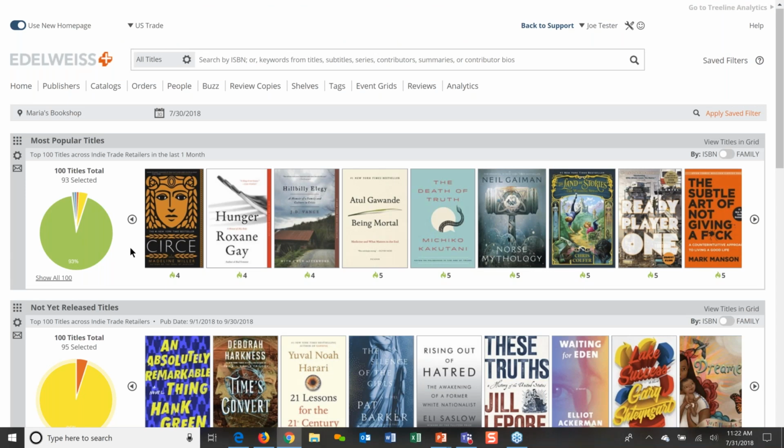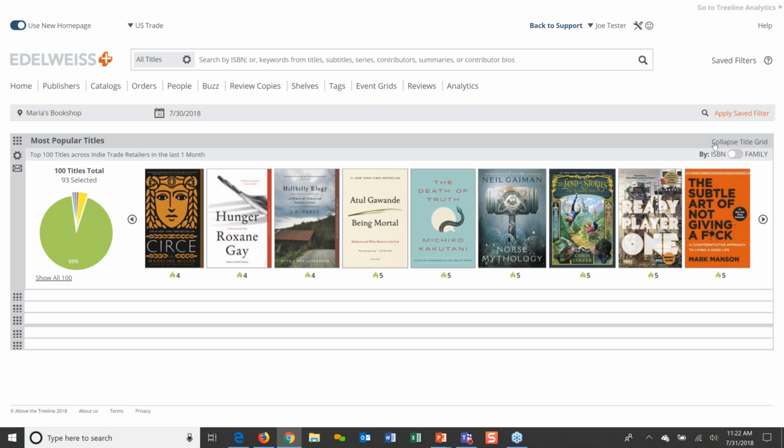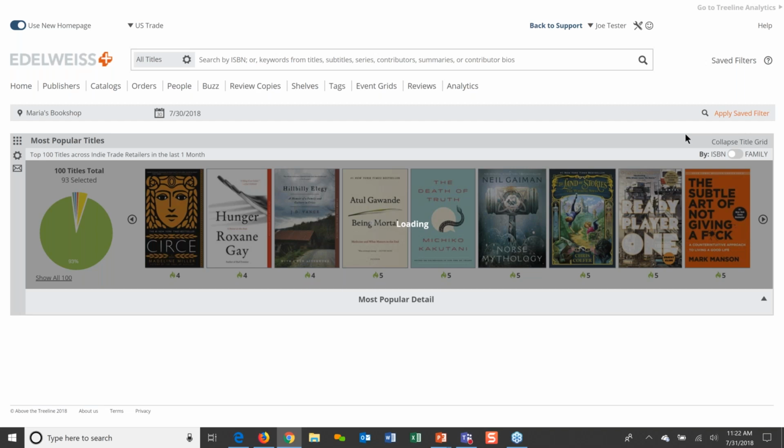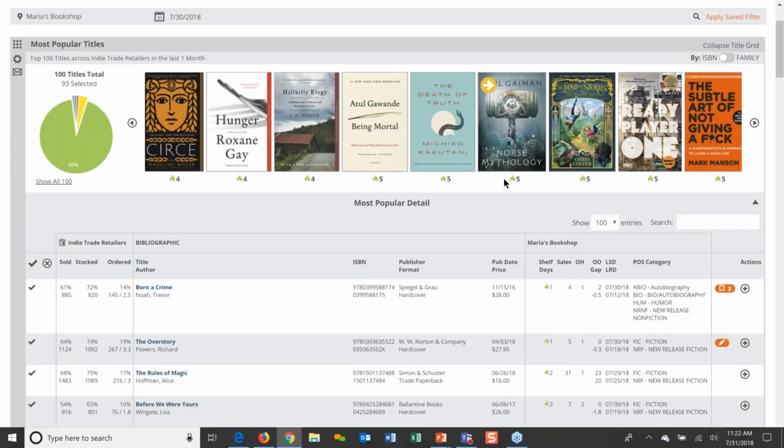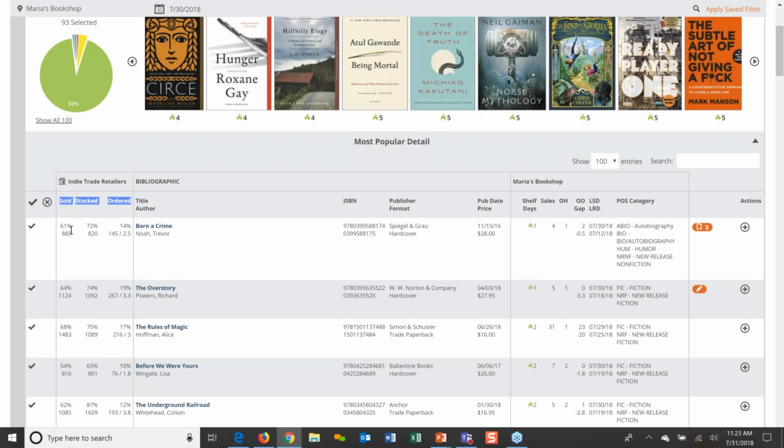If you want to see all the titles on the list, you can click here to say show all 100. You can also dive into this and see a more detailed view. You just click on view titles in grid. It'll take a second, but you can dive in here and see market information in this first column here. So that's going to be the percentage of stores that have sold this and the number of copies that they've sold. And again, that's in the time frame that you selected, so that we're looking at a single month worth